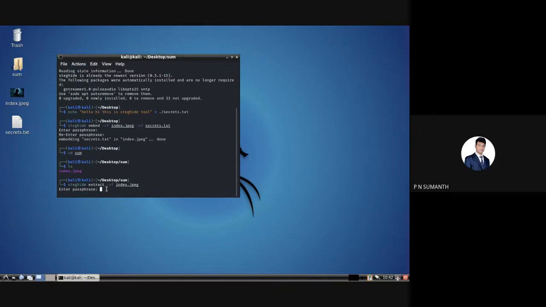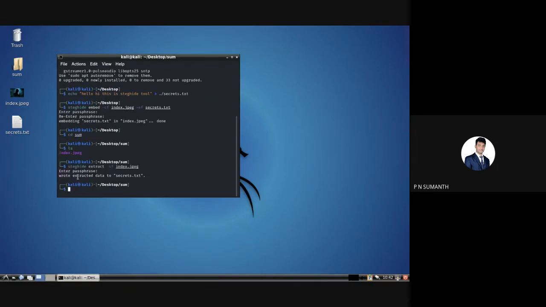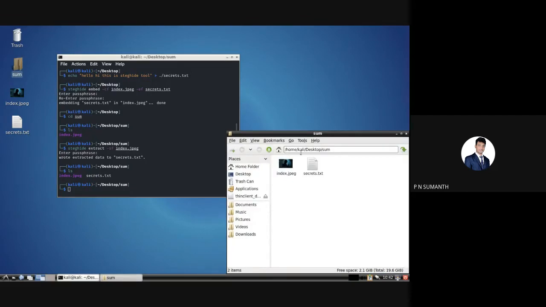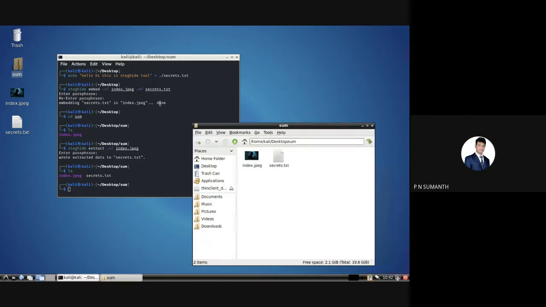If you give the correct password, then it will extract, or else it will not. So I'll give the password. The extracted file will be created here. Earlier only index.jpg was there, and now we can see the secret.txt file is also there.